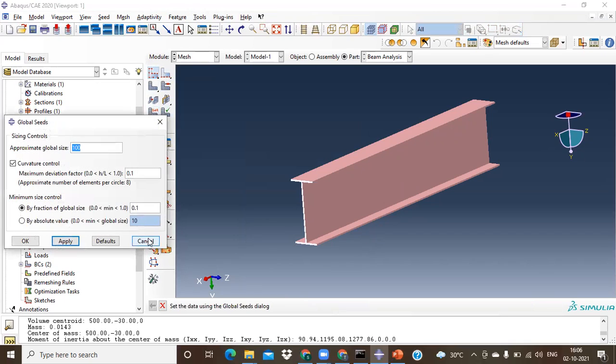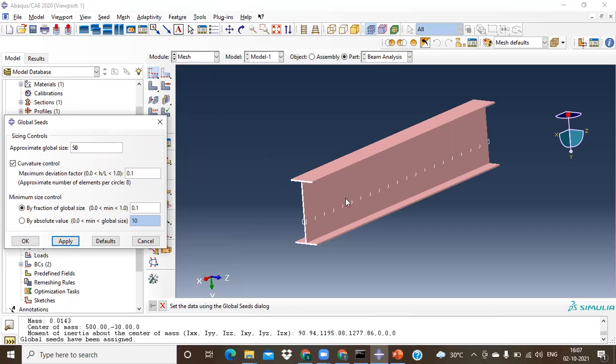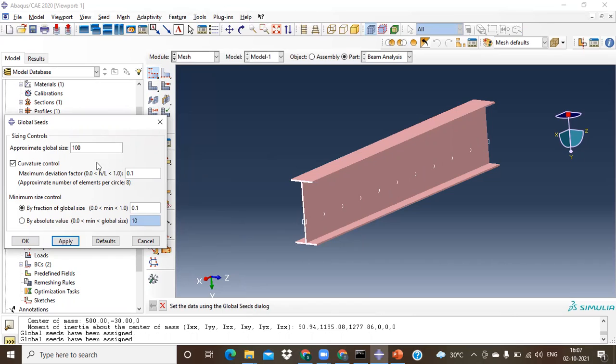And you can go seed the part. Click on seed part. What global size do you want? It's a global size. As it is 1,000 meters, if I take it as 100, for every 100 meters, 1 point it's going to create. That's nothing but 10 points it will create. If I just go with 50, 20 points it's going to create. So apply. Now if you count these particular points, these are all your 20 points. If I go with 100 and apply it, these are only 10 points. This is 20 points. If I go ahead with 25, then it will still increase. This is how you can do this.